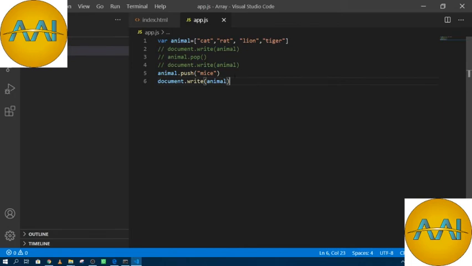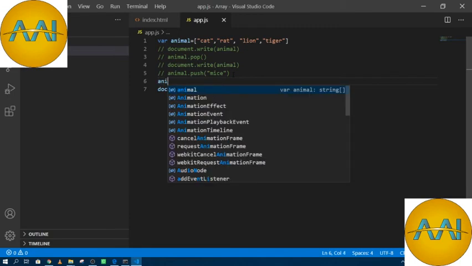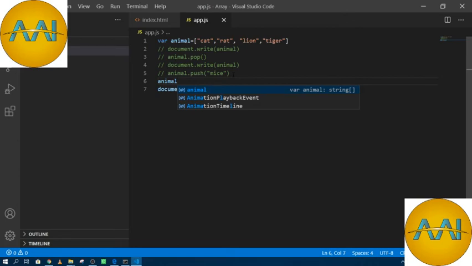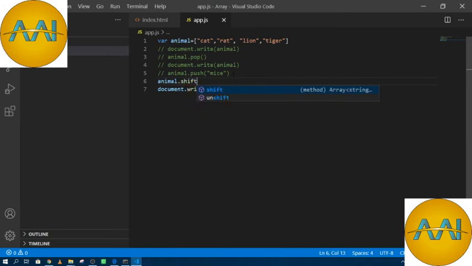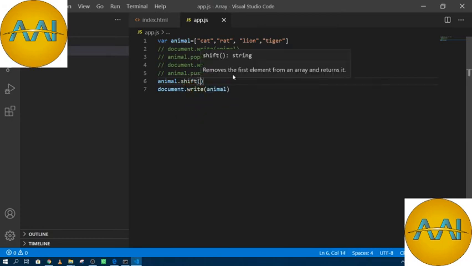Okay guys, I hope you're getting my point. In this way, if I want to remove an element from the start of my array, what should I do? I write my array name, animal, dot shift, then round brackets.